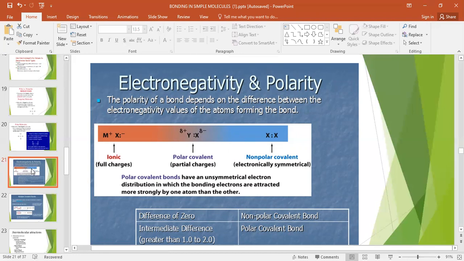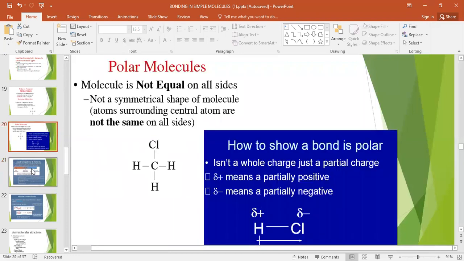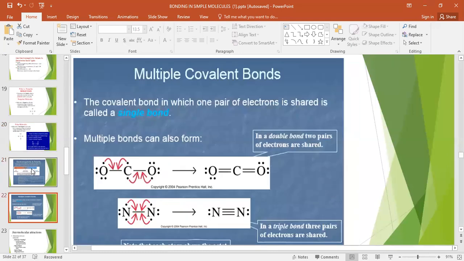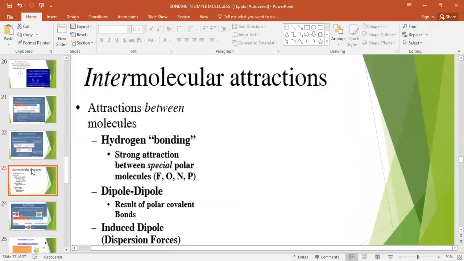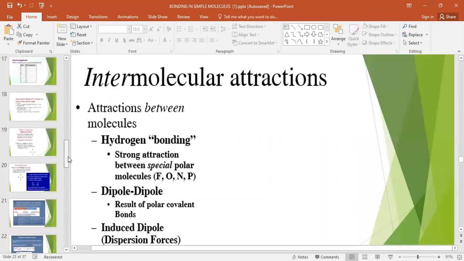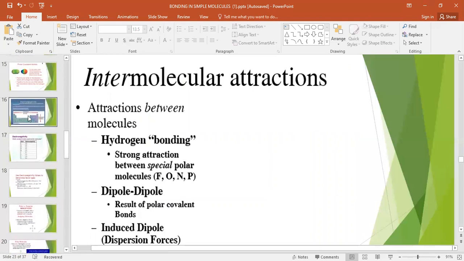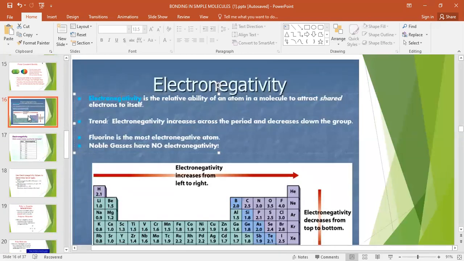It is a force between two atoms. How will you define it? Maybe a proper definition here. It is a force between two atoms, we call it electronegativity. Focus here. A very simple definition: it is the force between two atoms, we call electronegativity.